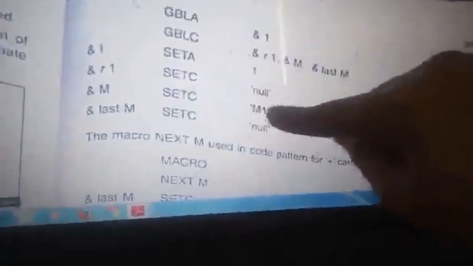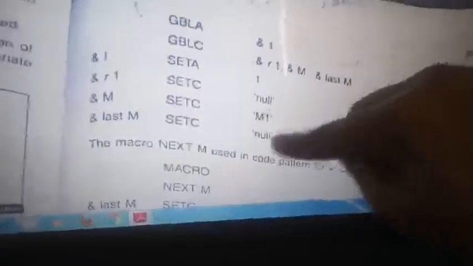We have global variables set, and these global variables are set with set A. I is the first line number, R1 is null, meaning we are not using any of this till now. M is the first line, and we are in the first line of the matrix.